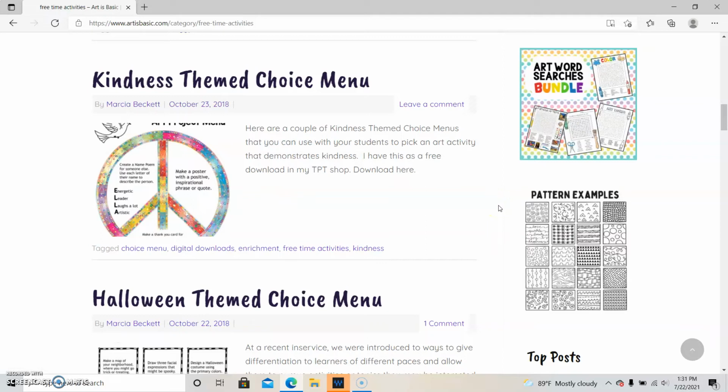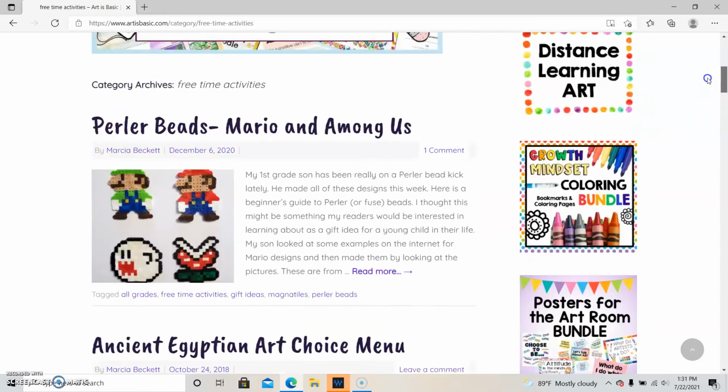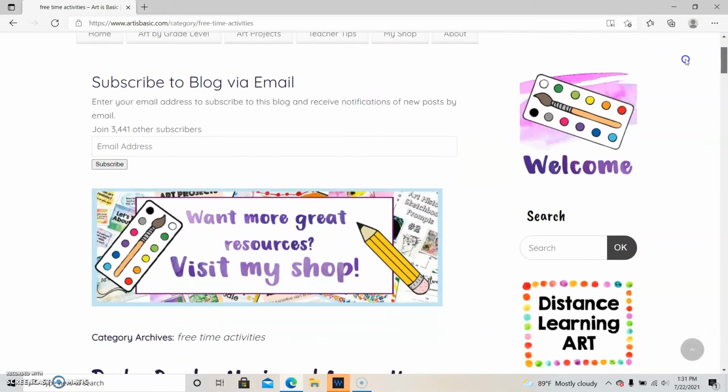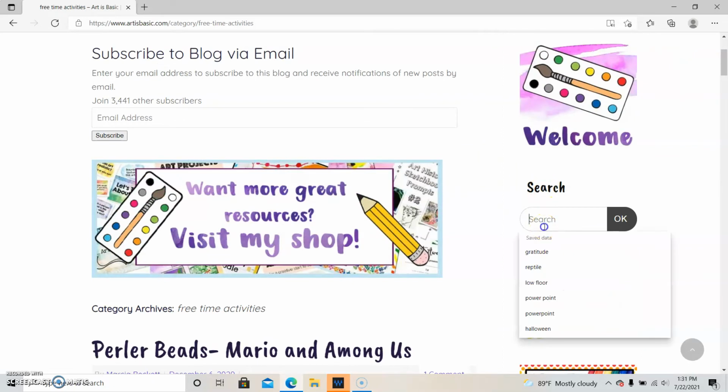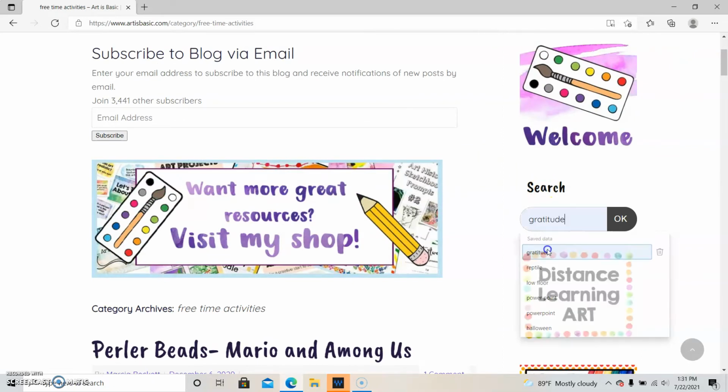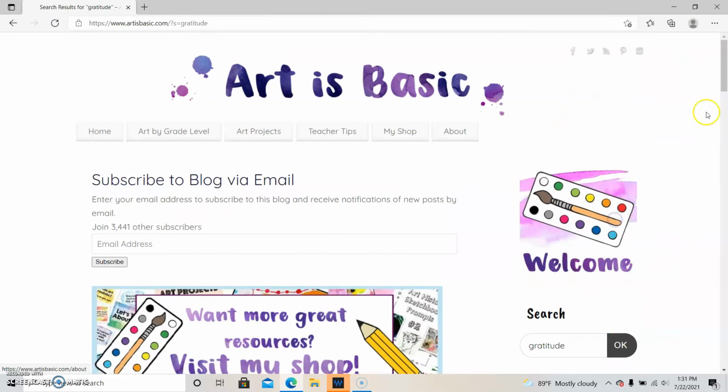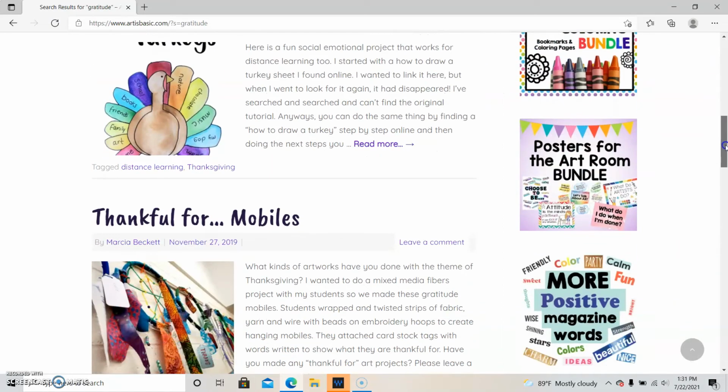I think Character Ed's required of most places now, or all schools, I'm not sure, but it's where you talk about different personality traits that are desirable, such as kindness, and peace was another one, so that's why I thought of this. Things like gratitude. So I went up here to the search menu and I typed in gratitude, and they had some gratitude projects,